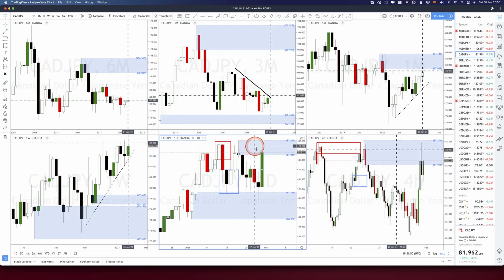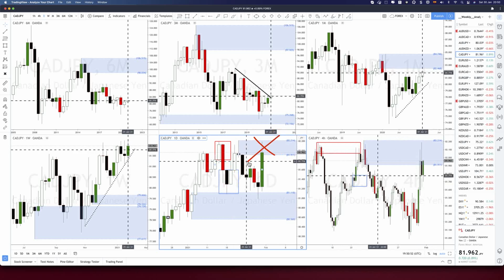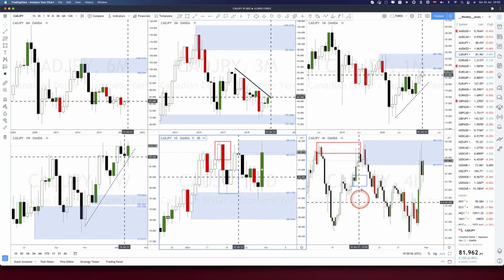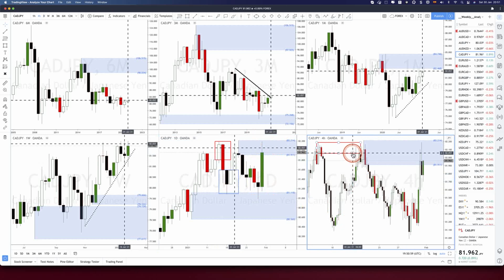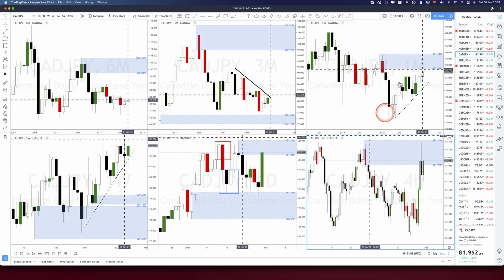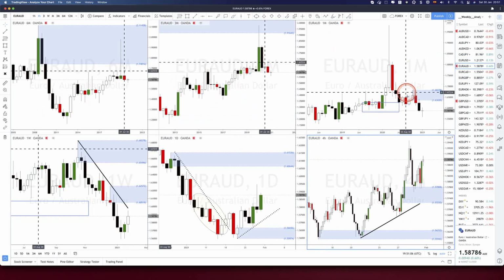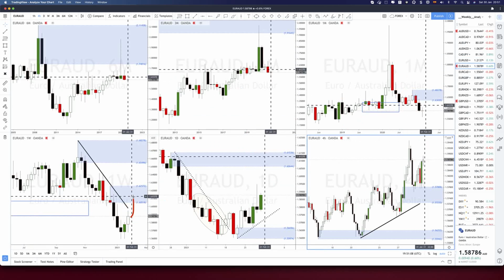It is about to be eliminated, and if that happens, an aggressive area will be created there. So longs aggressively into the monthly area of supply. On the Euro Aussie, month is in a downtrend, weekly is in a downtrend, price trying to reach that weekly